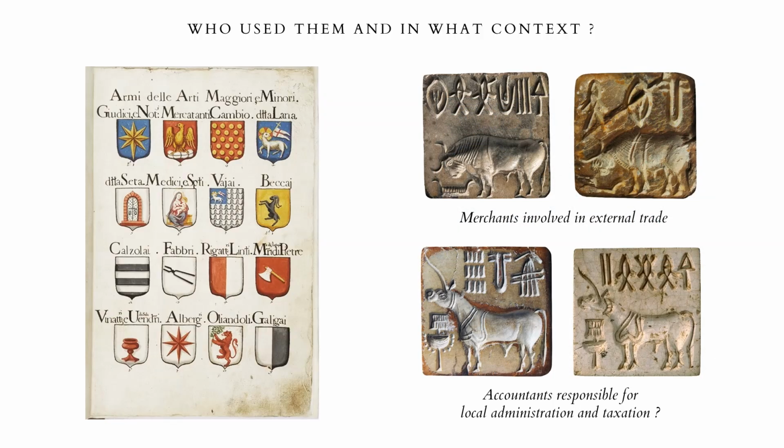As I have already anticipated, based on its almost exclusive appearance on the Indus-related seals found outside the Indus Valley, which were mostly manufactured locally in different regions of Western and Central Asia, we currently believe that the Indian bison, or short-horned bull, was the symbol of the Indus commercial entities operating in external trade. As a consequence, and by extension, the unicorn, by far the most common animal on Indus seals within the greater Indus Valley, might have been the brand of the most numerous bureaucrats in a proto-urban context, small-scale accountants responsible for the local administration, taxation, and duties.